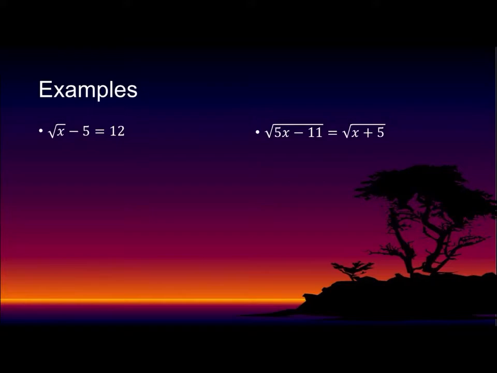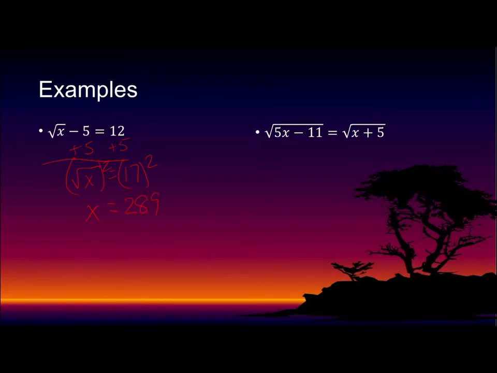So for the left side, to isolate the radical, we're going to add 5 to both sides. And that gives me radical x equal to 17. And now I'm going to square both sides. And I get x equal to